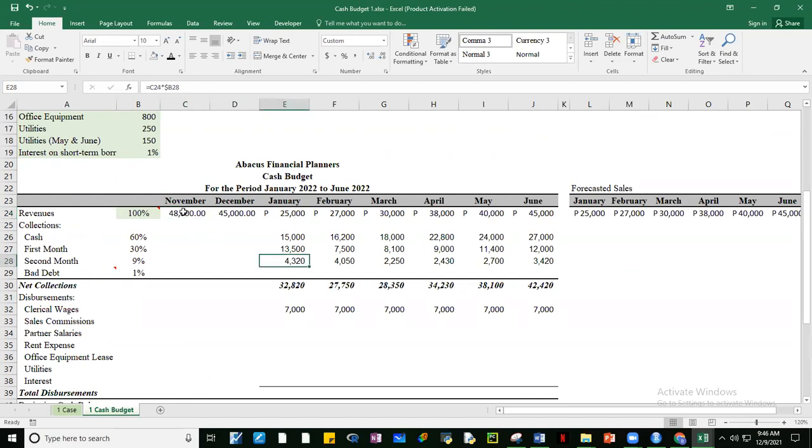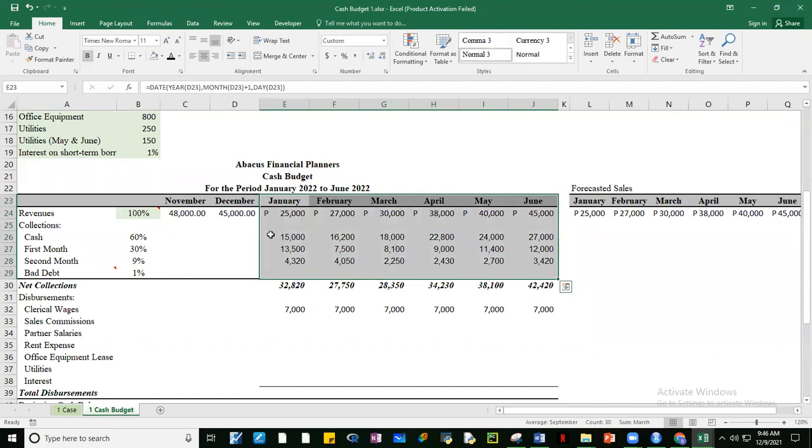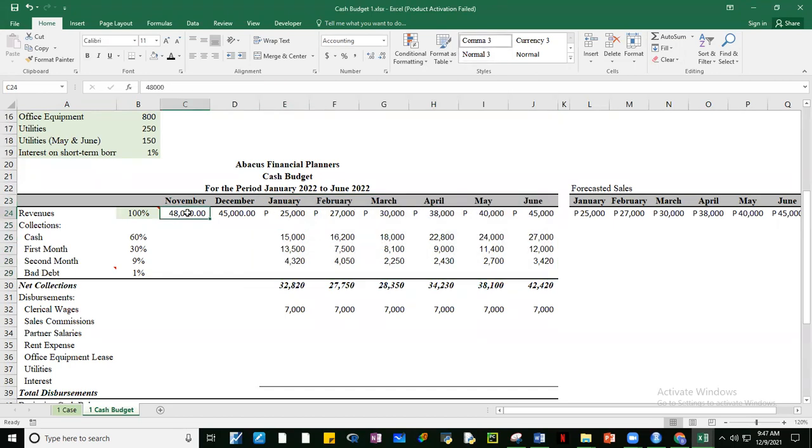Kasi si November, guys, alam natin na yung sales ng November, 60% of that will be collected in November, 30% of that will be collected in December, and 9% of that will be collected in January. Since January to June yung ginagawa nating budget, kailangan natin yung sales ng November, kasi yung November sales natin, may makokolekta pa tayo sa January.